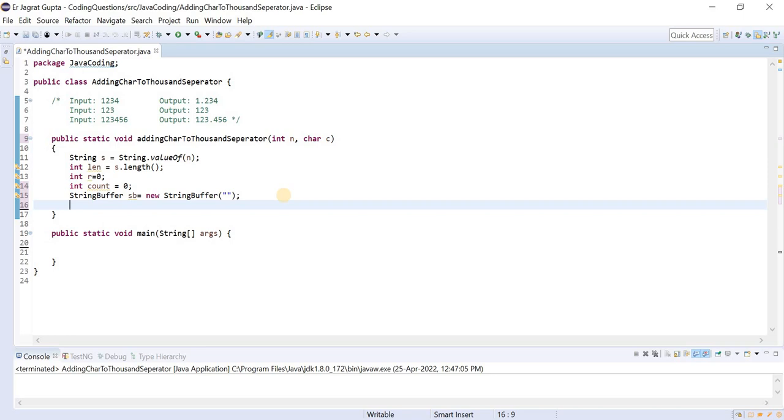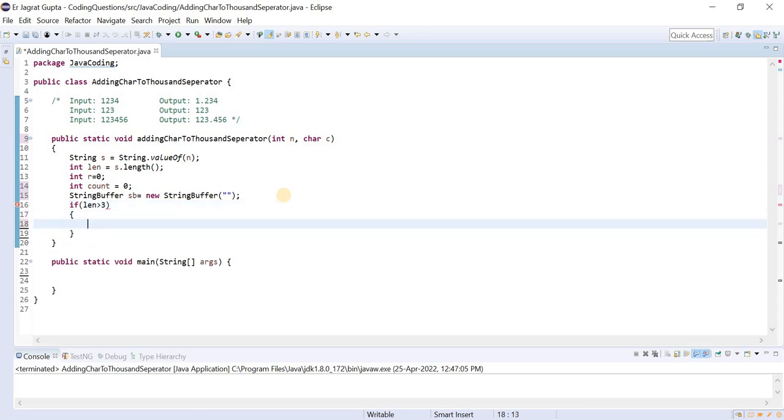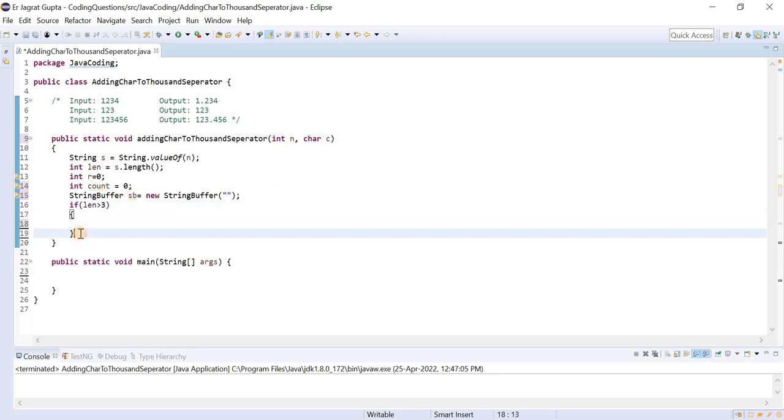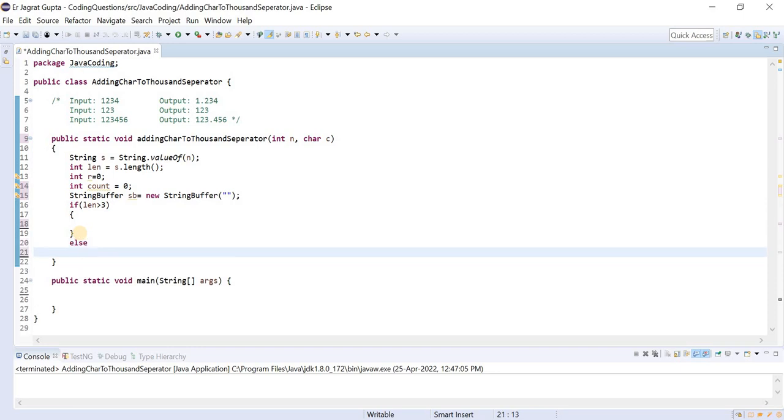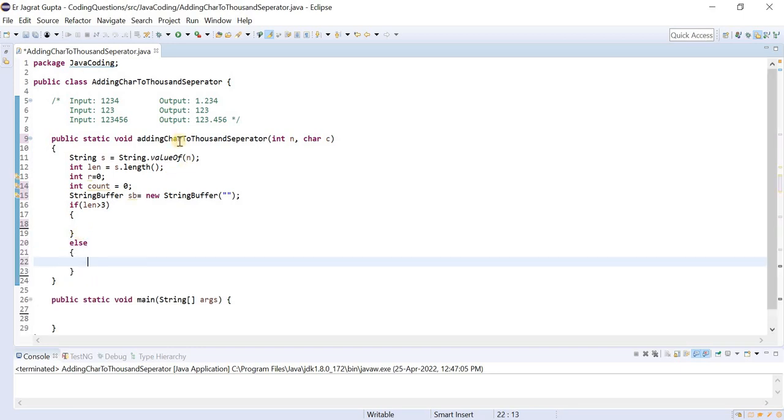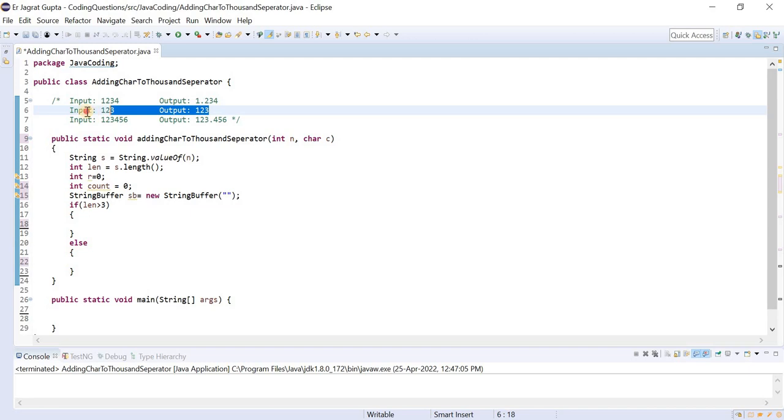Now as I told you, we have only two cases. In the first case, the length should be greater than 3, in case of the 1000 separator; later on we will generalize this problem. Then we will implement this code. Otherwise we need to put the string as it is. Just see this input and output.